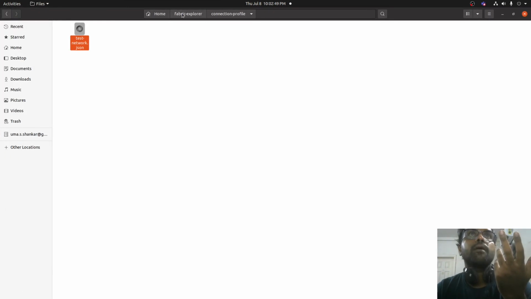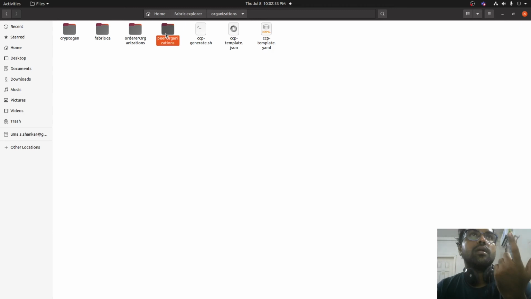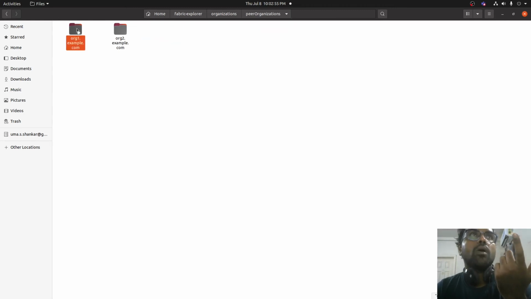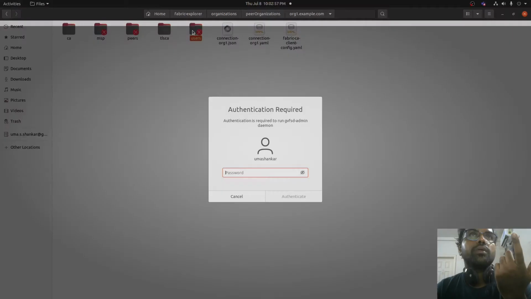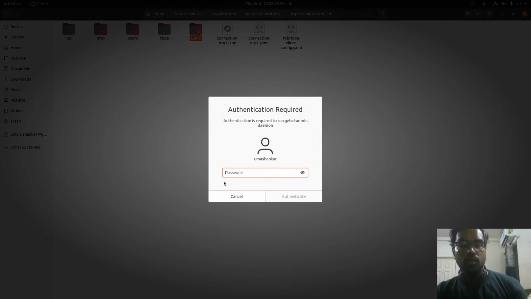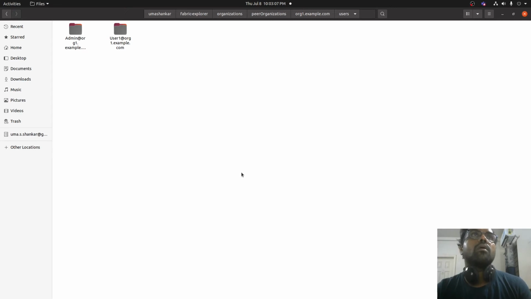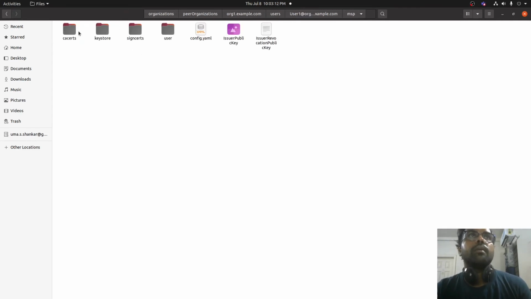In Fabric Explorer organization, under peer organization, there is the users folder, then user1 example.com msp sign certs.